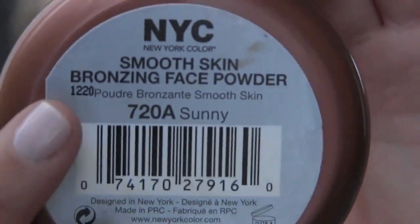Moving on to my 2 drugstore bronzers, I have NYC's Smooth Face Powder in the color 720A Sunny. This is just a matte bronzer, comes with a lot of product. It's around $2, super affordable. Like I said, this is perfect for contouring because it's absolutely matte, and I think this works on a large range of skin tones because it's just a universal kind of color. It can be used for contouring, warming up the face. I don't think it looks muddy or cakey or anything like that,